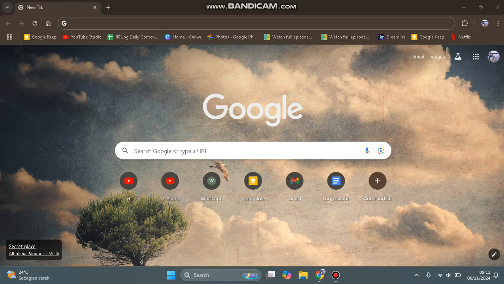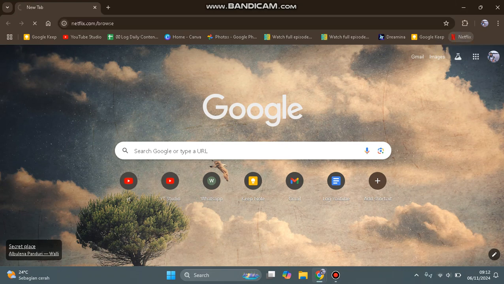On today's tutorial, I'm going to show you how you can remove movies and shows from the continue watching list on Netflix on PC. So in here, I'm going to open Netflix on my browser here on my computer. You can go to netflix.com, but I already added a bookmark in here, a shortcut to my Netflix. So you can just go to Netflix.com,